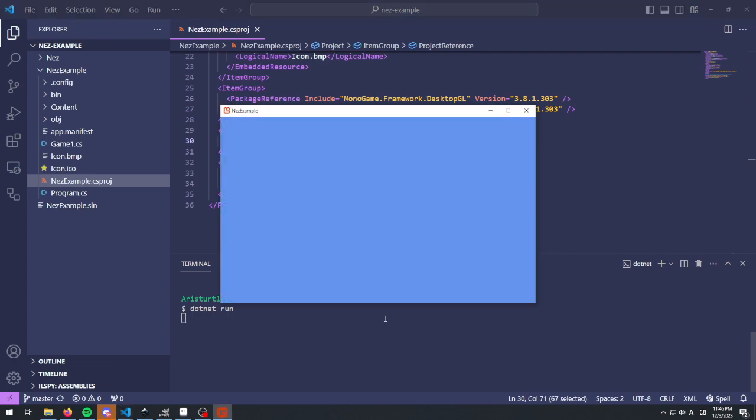Give it a second because it's building the Nez stuff too. But we get our cornflower blue window. But this is still just MonoGame. This is just MonoGame desktop GL. This still isn't using Nez. We need to set our game up now in code to actually use Nez instead of the base MonoGame systems,